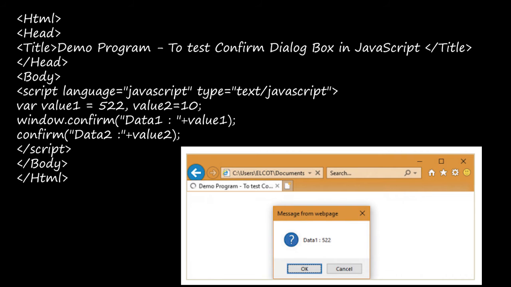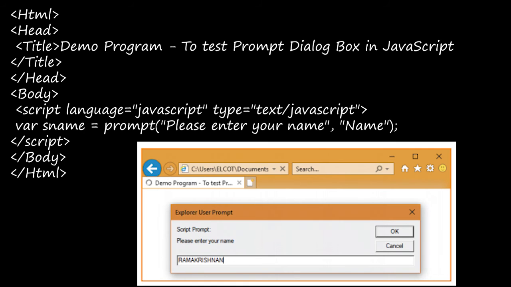See, here we have used prompt dialog box. Prompt dialog box means, as I said before, we'll have a text box where the user can type the text or a number and give the input, right? Here we have given please enter your name.